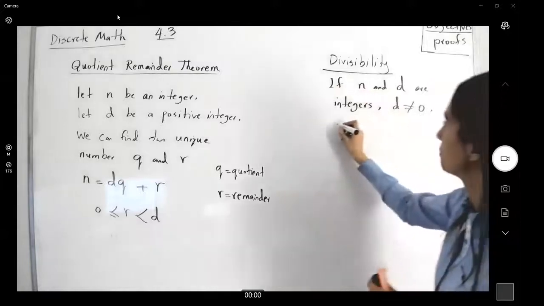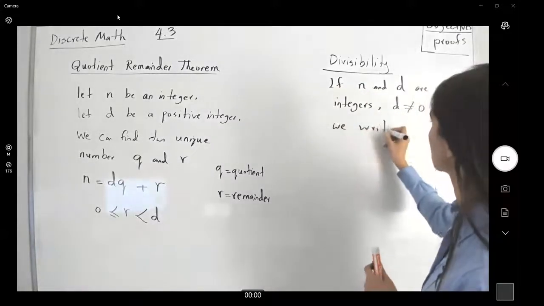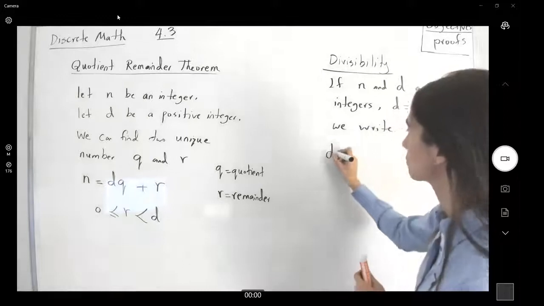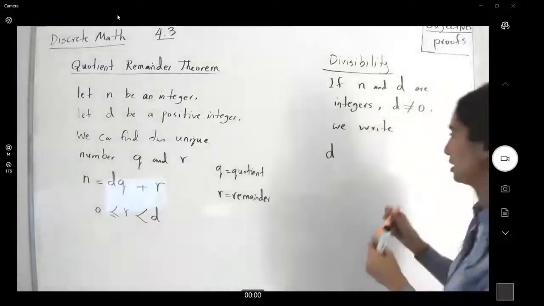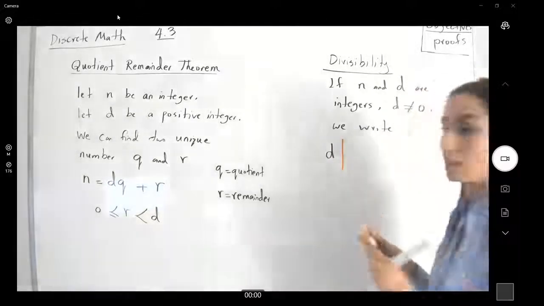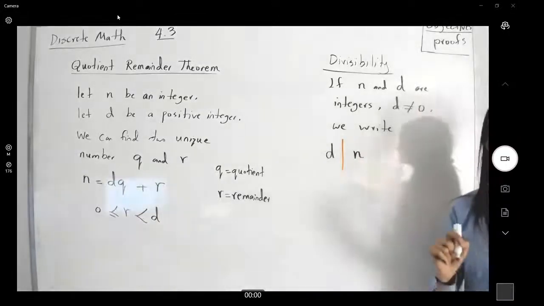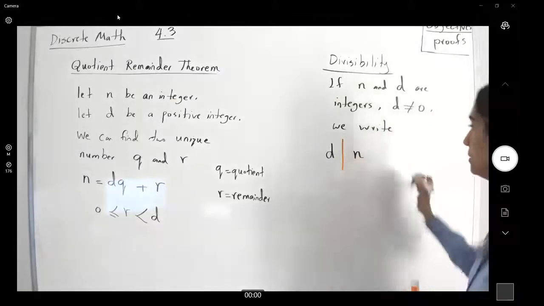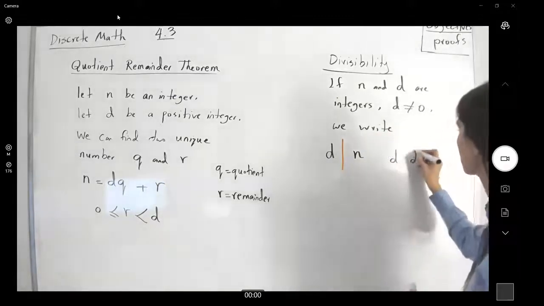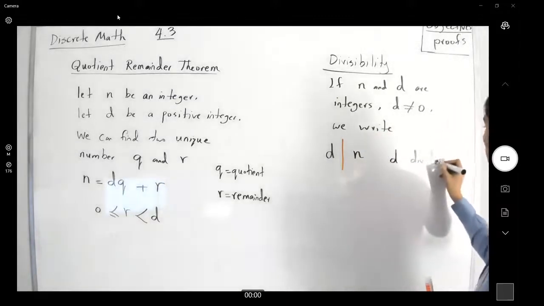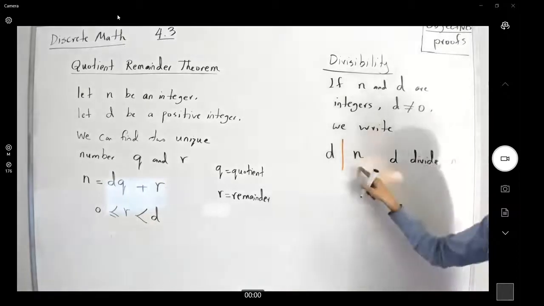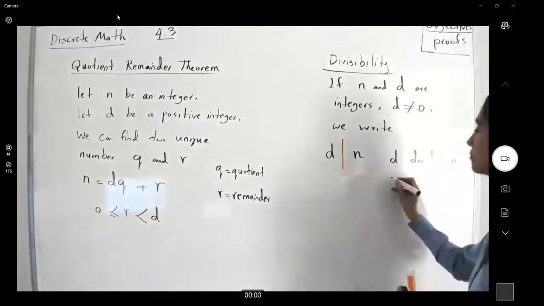We write d, a vertical line, n, and we read it as d divides n, n is a multiple of d,